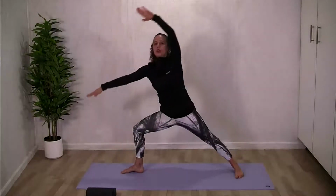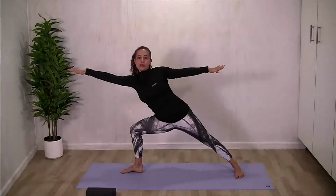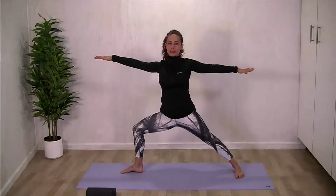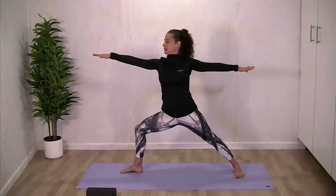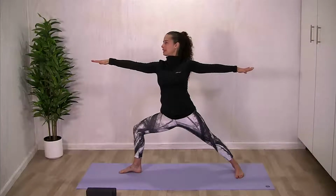Windmill your body open and give me a soft T frame through the arms. Try not to lean aggressively forward. Try to keep your body weight centered and check that you're not dropping the back arm. Lengthen and peek over that front arm, keeping your gaze steady over the front forefinger as you find your warrior